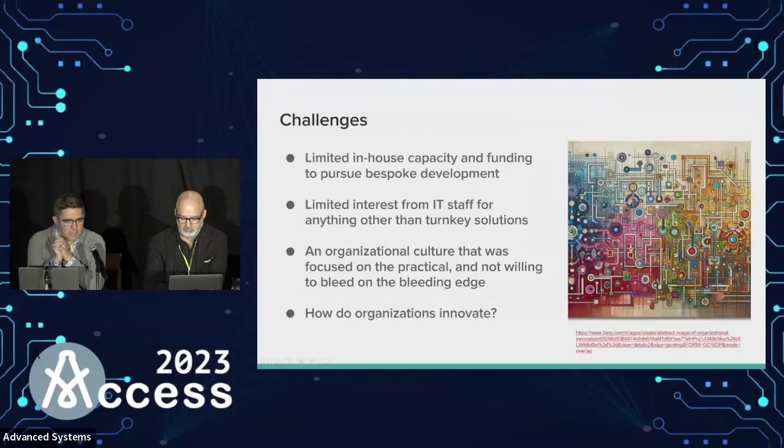of bespoke development. The culture at the U of R at the time, still a little bit less today, was that there was limited interest, not only from within the library but also on campus, to pursue anything other than really turnkey solutions. So buy a vendor product, put it in, call it a day kind of thing. And an organizational culture that was focused on the practical and not willing to